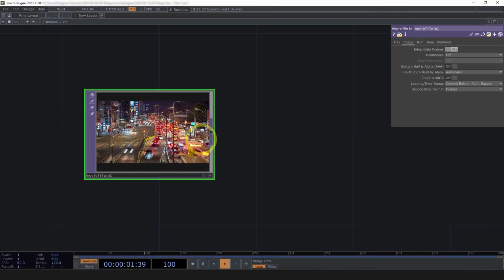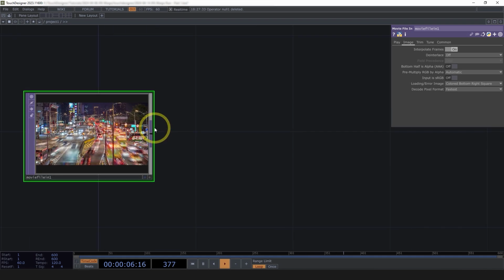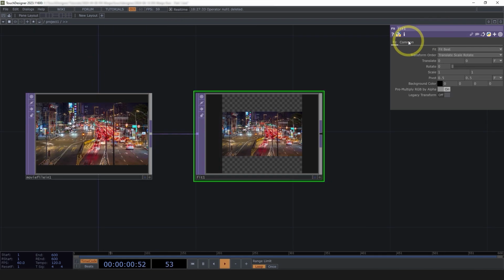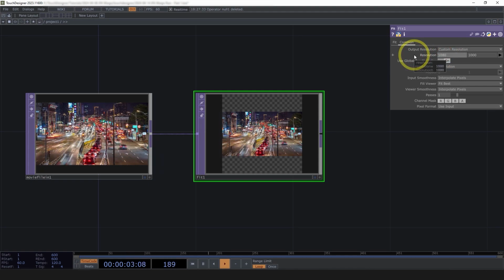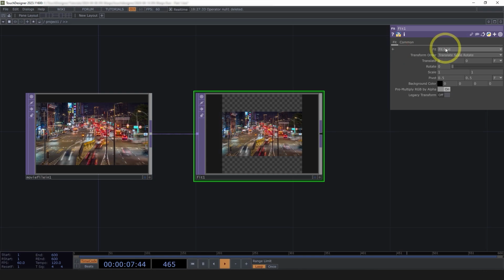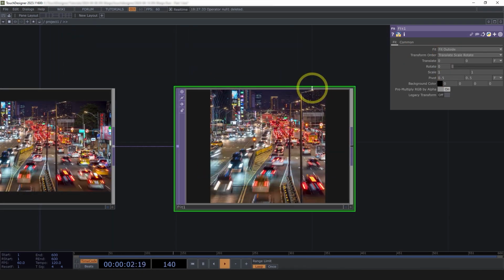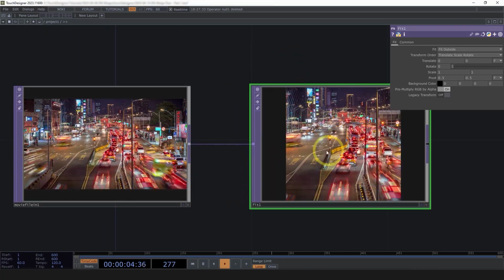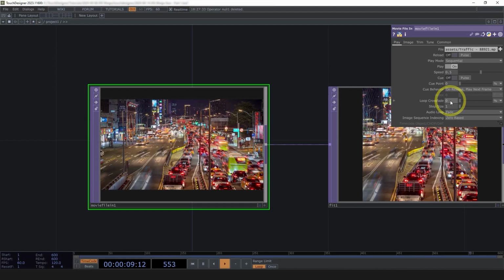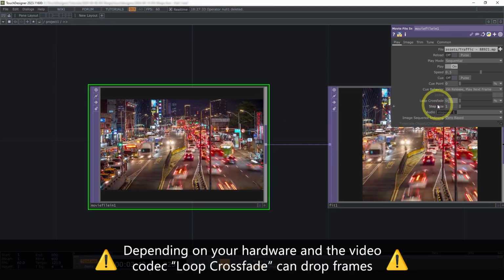I also want to crop this. It's currently 4K resolution, so I'll just throw a fit top after this, and we will set the resolution to 1080 by 1080. And then also choose fit outside. So we get a nice, no letterboxing. Additionally, I'm going to loop crossfade so that the beginning and the end of the video crossfade. So I'll type